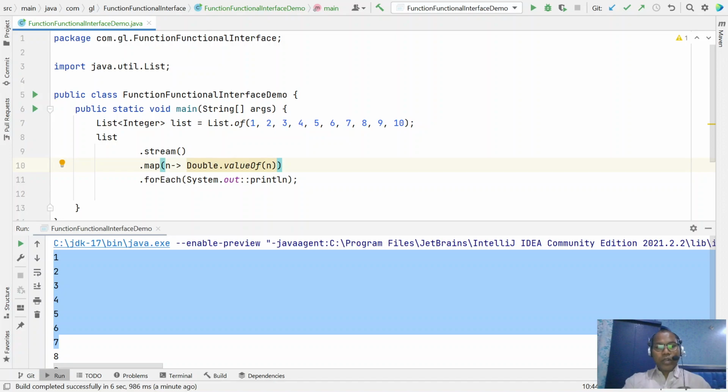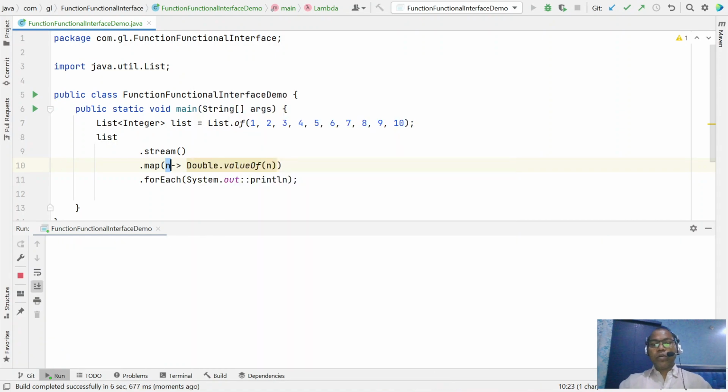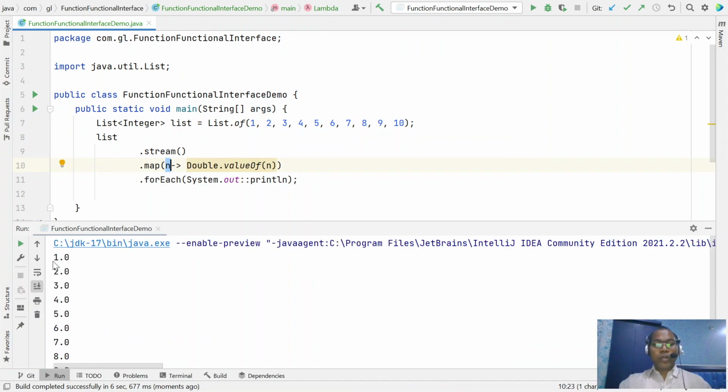Here you are taking an input integer and returning the corresponding double value. Here you take one input of type T and return type R, so now you are getting all the double values.